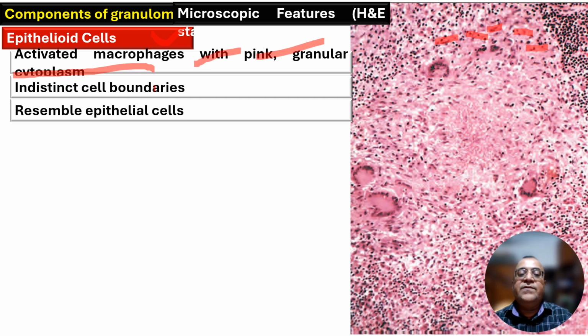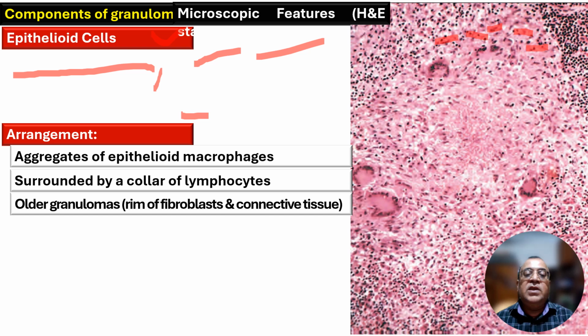These cells have indistinct cell boundaries, and they are like epithelium. That is the origin of their name, epithelioid. Their arrangement is in nests. There are aggregates of the epithelioid macrophages, and there is a surrounding